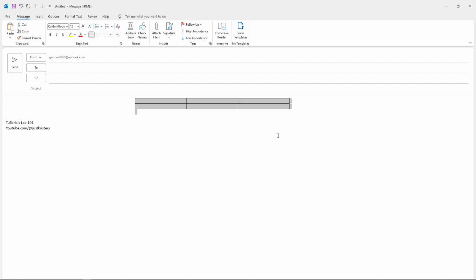You'll need to visually judge when it looks centered, so take your time with this step and make small adjustments as needed. And that's it. Your table should now be perfectly centered in your Outlook email, making your message look more polished and